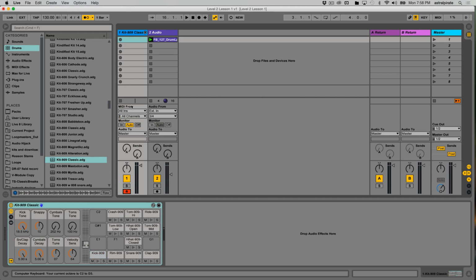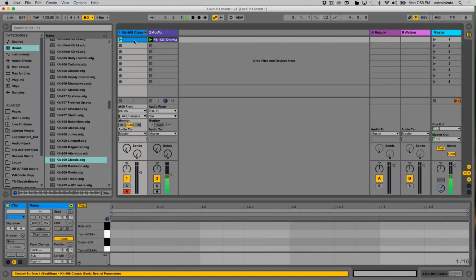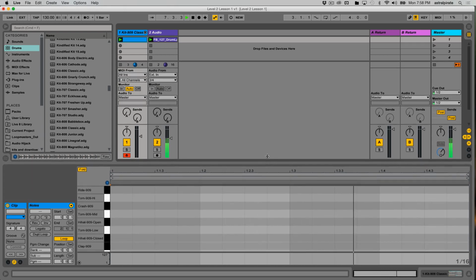keyboard, I have to make sure I go down by 2 octaves because it starts off at C3. Now it's at C2, and now we're at C1. So the beauty of having audio material that's warped means that we can play this. I can create a MIDI clip here, and I can basically play this MIDI clip alongside the audio clip with both of them being perfectly in sync,